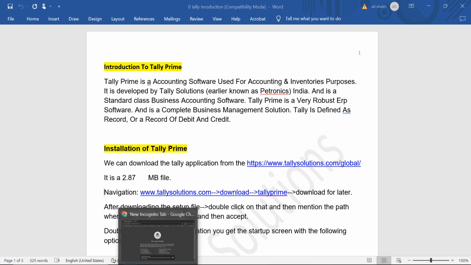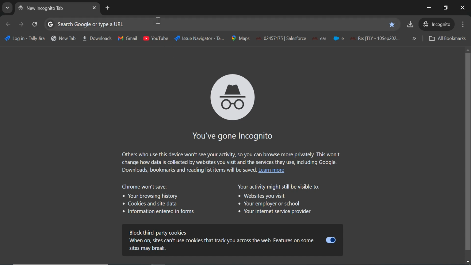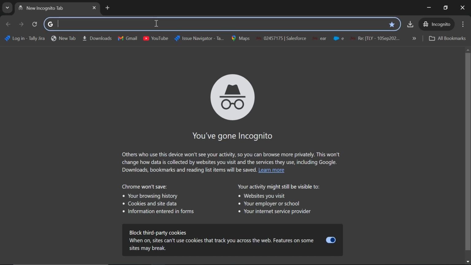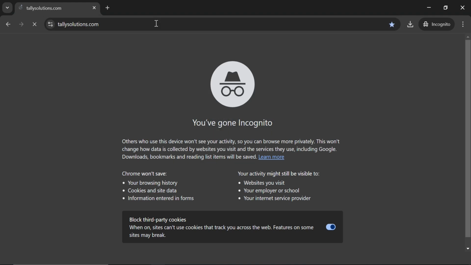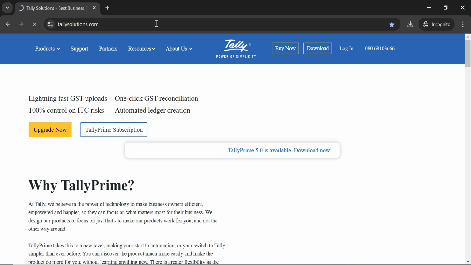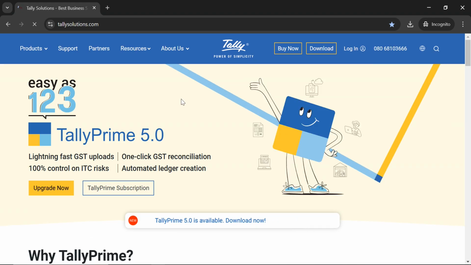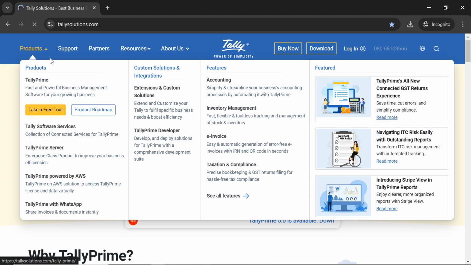So we will open a website. I have opened my Google Chrome. I will type Tally here and hit the enter button. So you can see the Tally website is opened. From the Tally website I will tell you some brief introduction. Here you can download the Tally software. Here you will know about the Tally software,